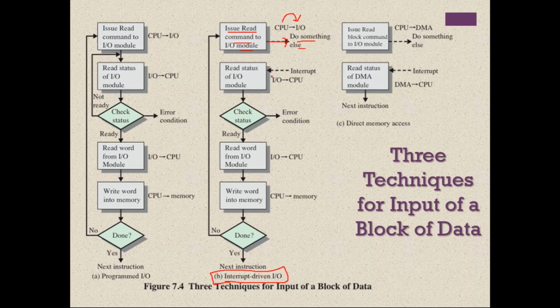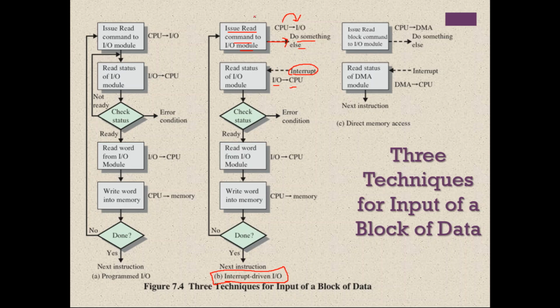The moment the IO gets completed, the IO will give a signal. There is some signal sent to the CPU from the IO. What signal is it sending? It is sending an interrupt. The IO is creating an interrupt. The respective IO module is interrupting the CPU.